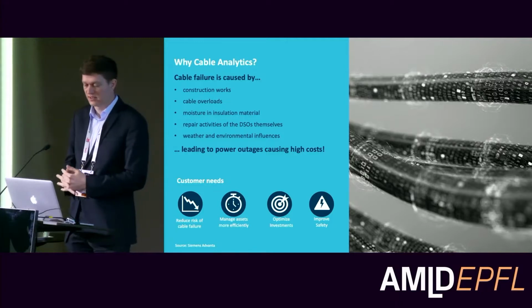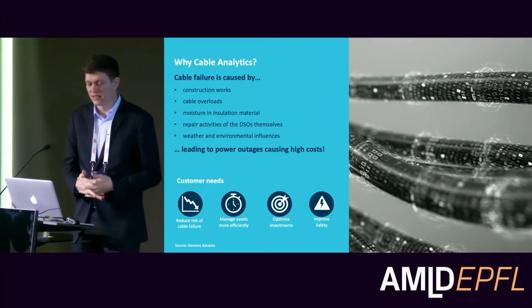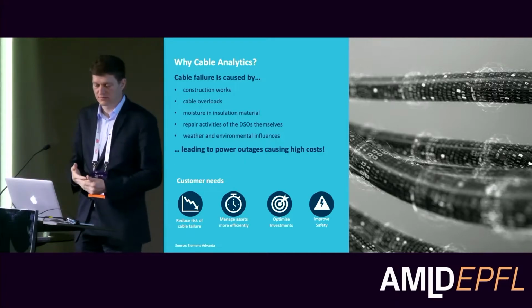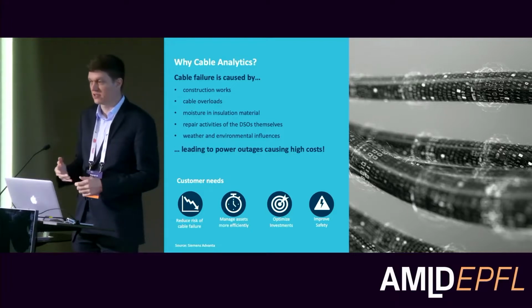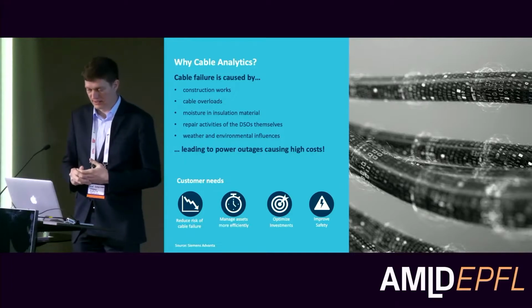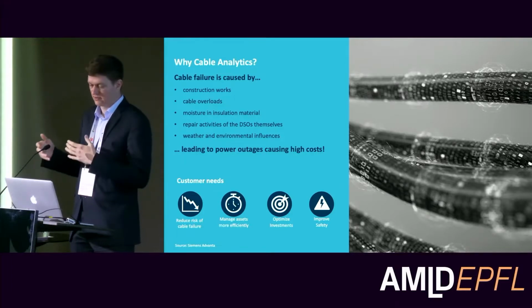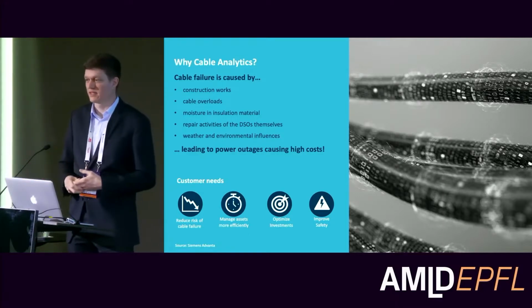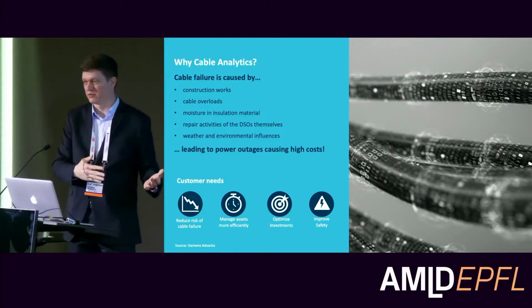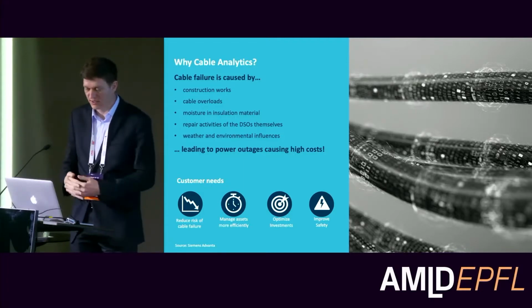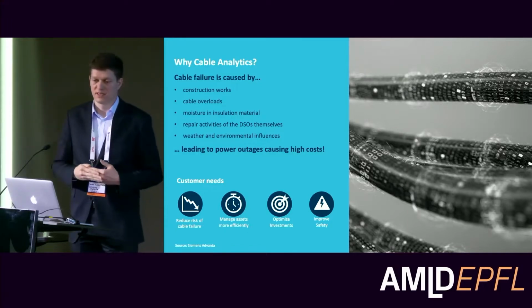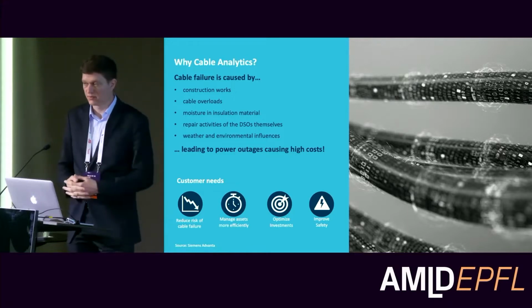So one of the needs of the grid operator is to reduce the risk of a cable failure, because then they have outages. They also want to manage their assets more efficiently, to save money, so that they don't need to dig during the night when there is an outage, but already do it beforehand, or when another gas pipe is put next to it and they exchange the cable. Also to optimize investments, so to keep cables that are still in good shape longer in operation.